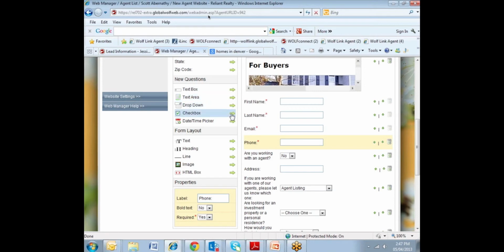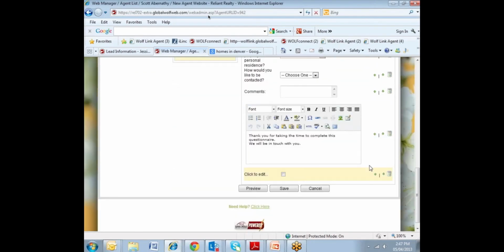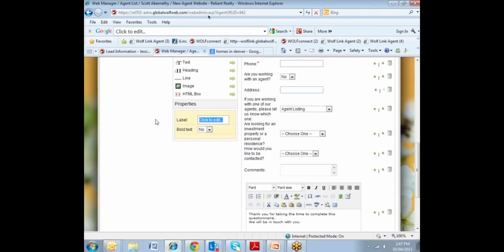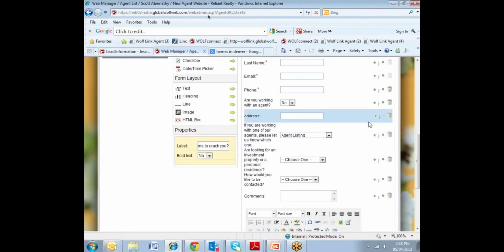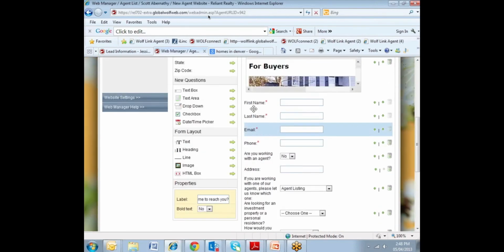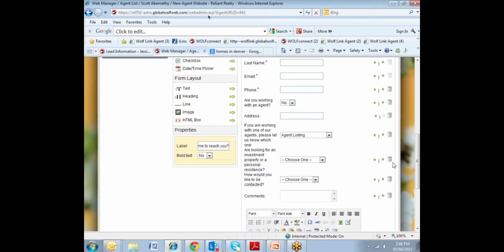Checkbox, this is great. I click on this arrow, I'm going to pull down here again. And then if I click on that, it turns yellow, I can now ask, when is the best time to chat? So here they have a little calendar and they can actually put in a specific date so you know exactly when to call them. And then, that's for the date and time picker. The checkbox is just asking yes or no questions. So for example, are you a first-time home buyer? They can check the box for yes. So that's where you can get a little bit more creative with your questions in terms of what you want